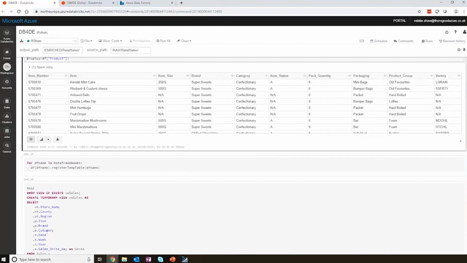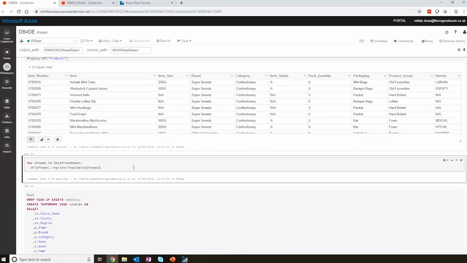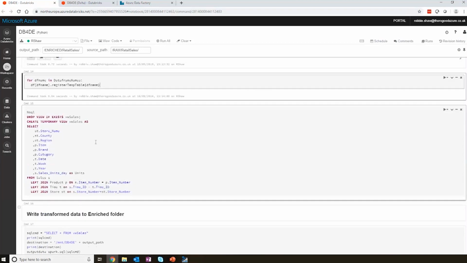What I want to do now is slightly more complicated transformations and more suited to being done in SQL. Also, I'm more familiar with doing transformations in SQL. I'm going to take all of my data that I've loaded and convert to SQL tables, and then I can start writing SQL. So in this example, I'm going to write a view that combines my sales data with my